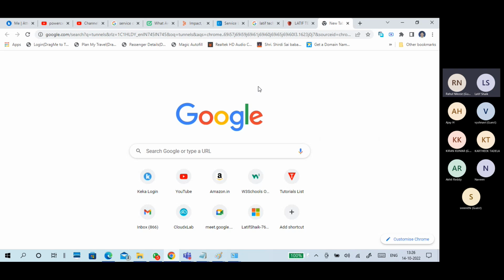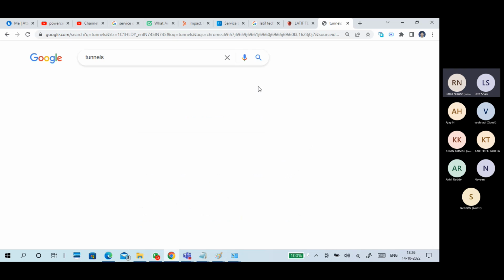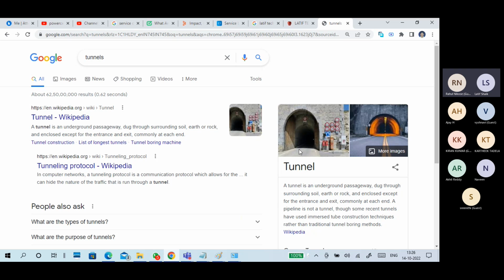What is a tunnel? An underpass. If a straight road is not accessible and you want to cross the road, you can go by underpass ways dug through soil, surrounding earth, rocks, and so on. So that is a tunnel.